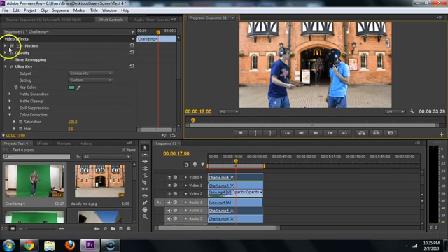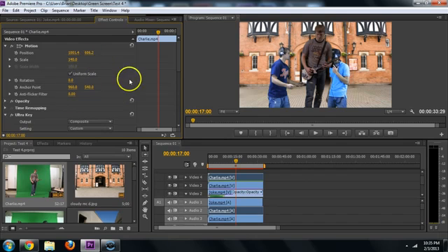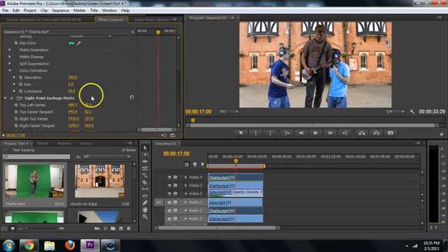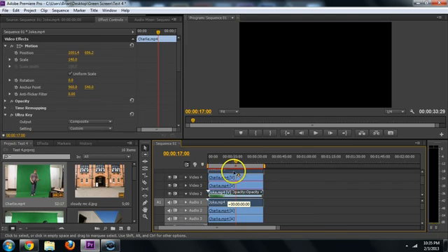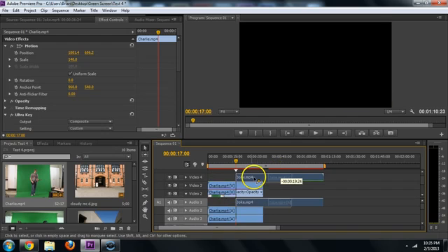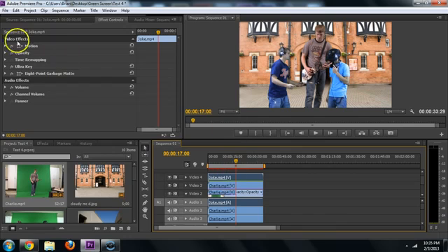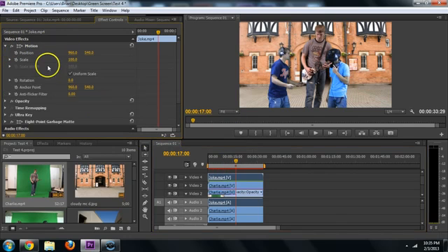But what I can do is, again, go to motion, and I'm going to scale this one larger instead. I'm going to go 140, and my luminance shouldn't be changed anymore, so I'm going to change that to 100. Alright, and it's still on top of them right now, but maybe it'd make more sense to grab this joke and bring that to the top if I want to make sure that he's behind this other guy here. Okay,